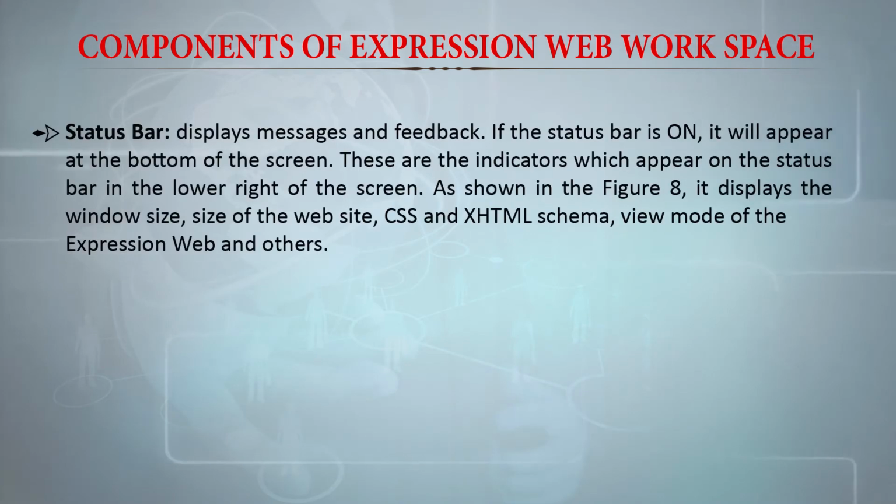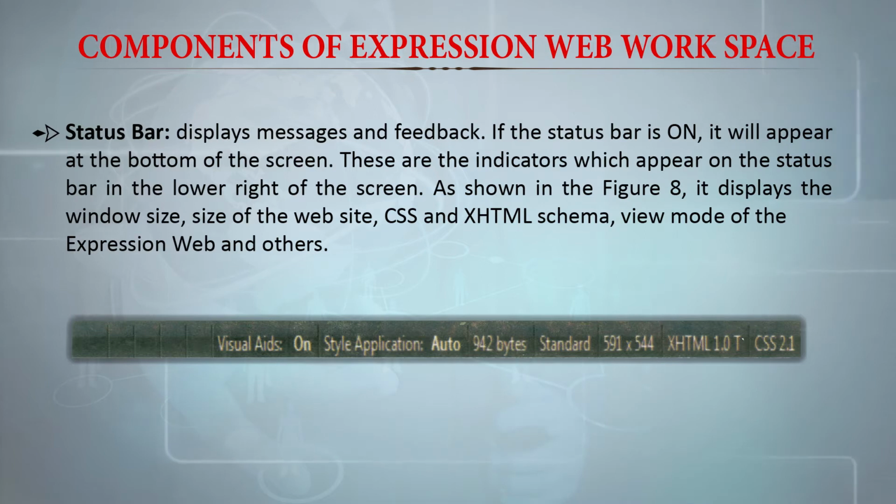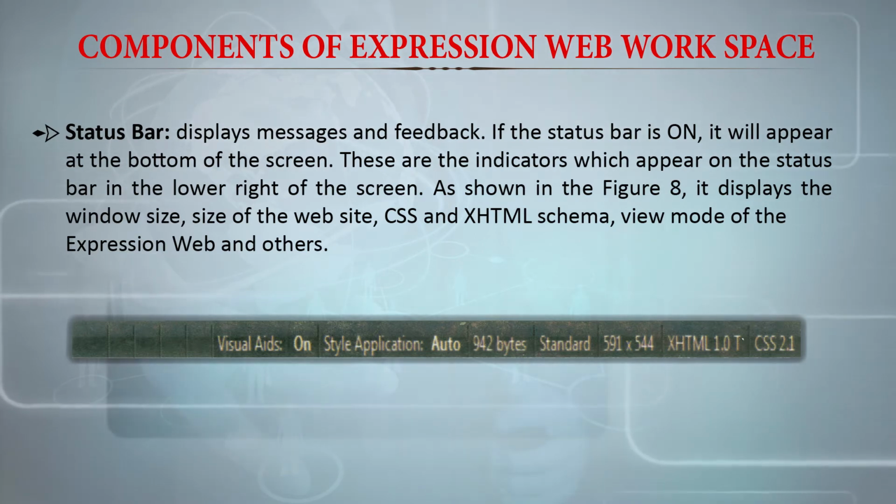The status bar displays messages and feedback. If the status bar is on, it will appear at the bottom of the screen. These are the indicators which appear on the status bar in the lower right of the screen. If you look at the image, it displays the window size of the website, CSS, which stands for cascading style sheets, and XHTML, which is extensible hypertext markup language schema, the view mode of Expression Web,